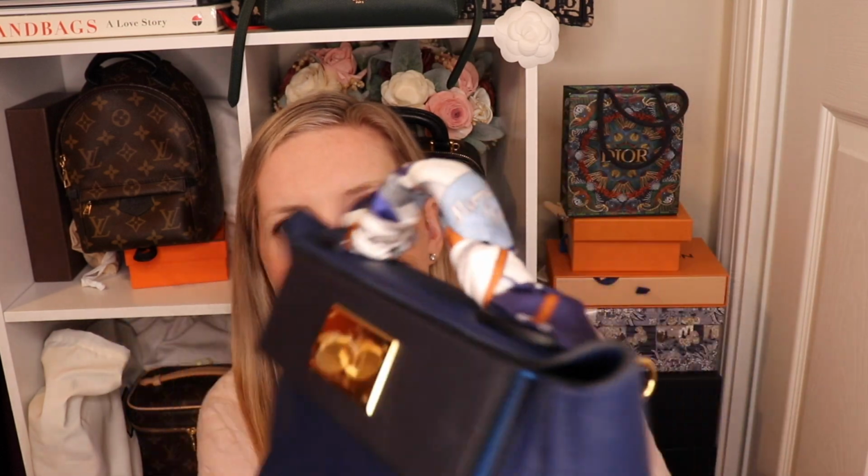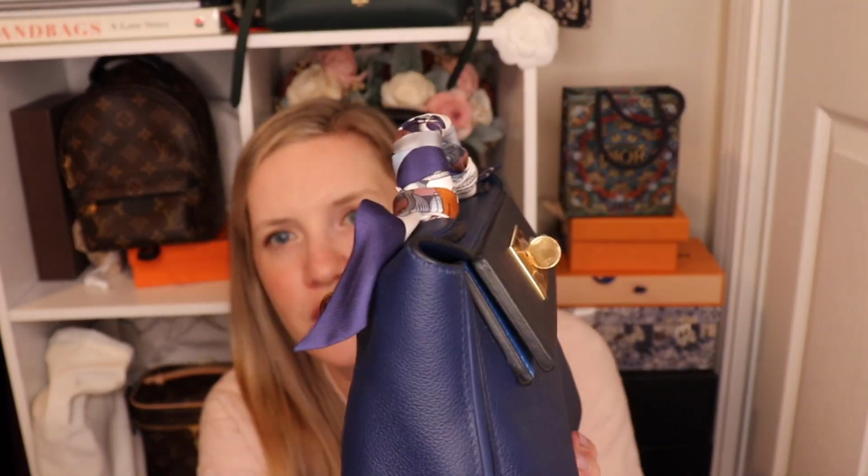I did purchase this twilly to put on the handle just because I have taken up wanting to carry it top handle, because I think it's a really cute top handle. But I really do love this bag, and I have carried it kind of everywhere, like I said I would. Grocery store, Hermes, which